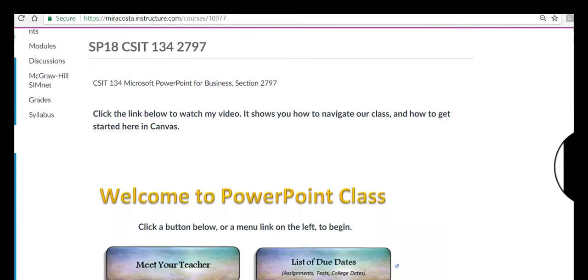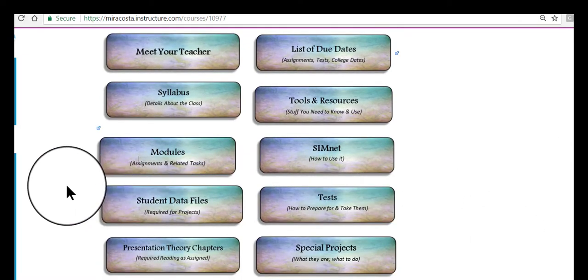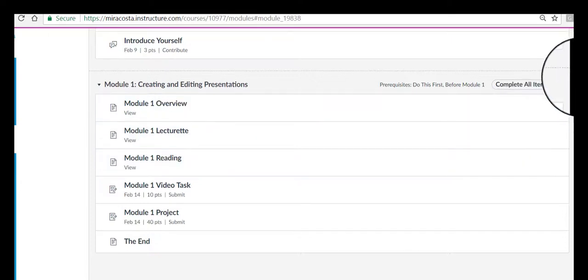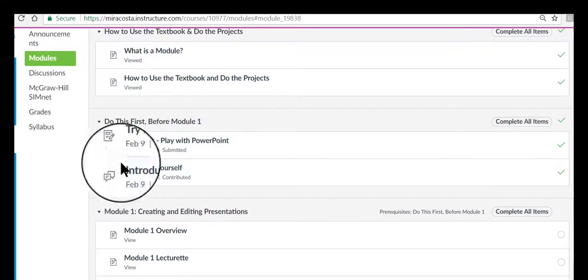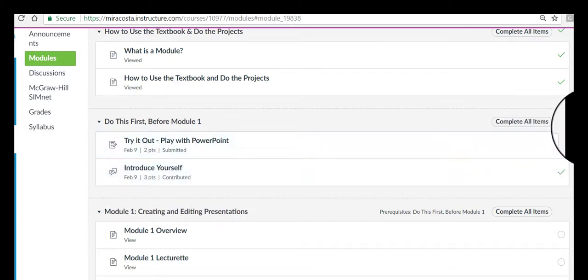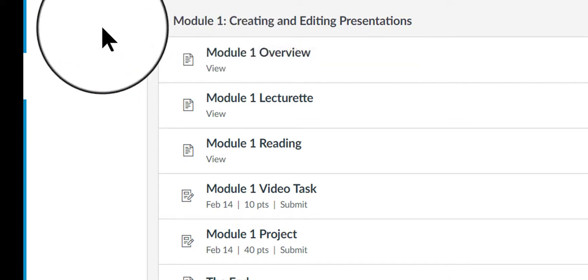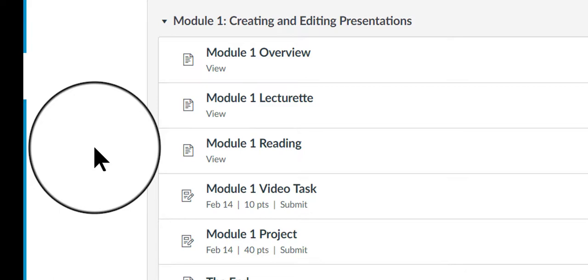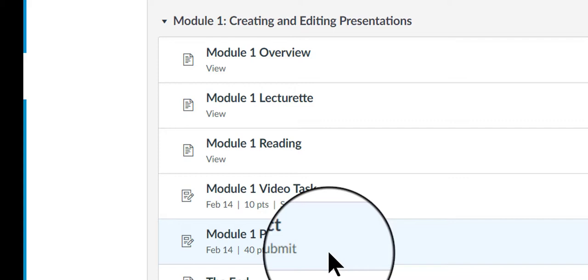And that's about it. I know that you're probably anxious about the very first assignment. That would be found here in the modules. I'm going to click that button. The first major assignment, I should say. After you complete all this stuff up here, which is really very short little bits of things, module number 1 is the first major component of this class where you have multiple tasks to do and about a week to complete them. The due date here is February 14th, and there are only 2 things you're going to turn in,